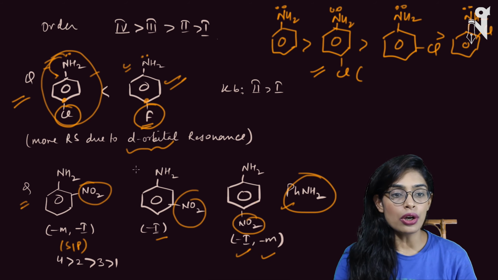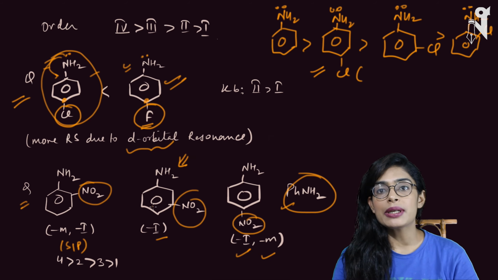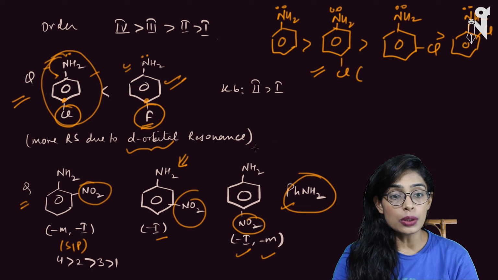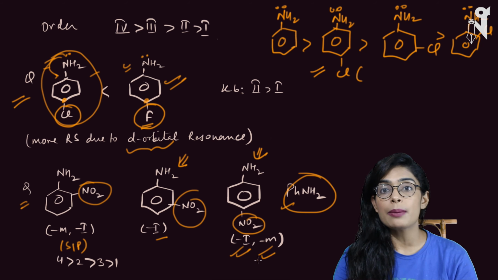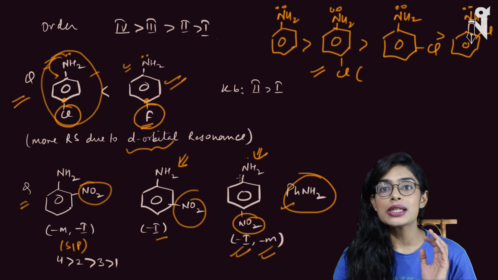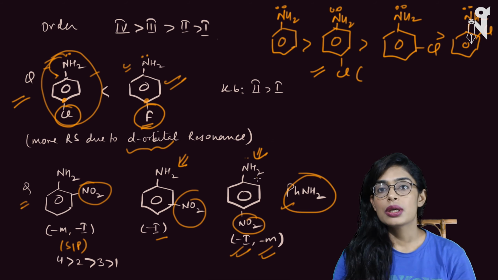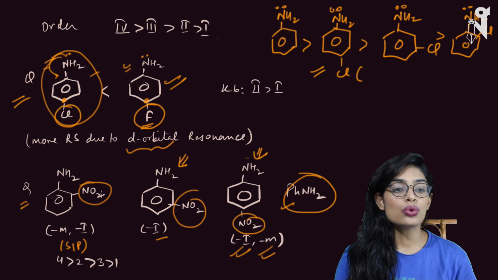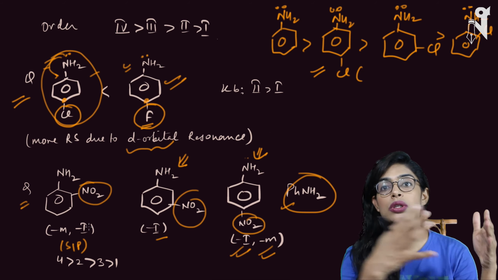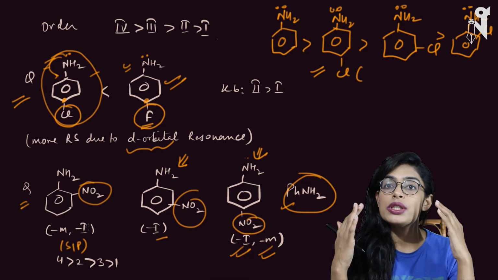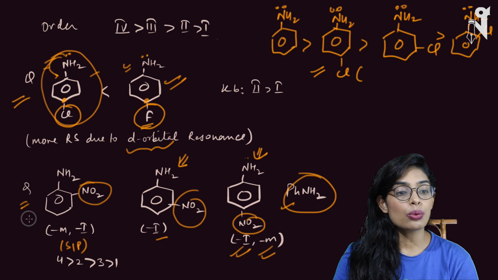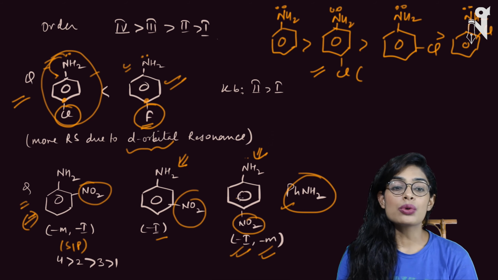Then comes what? Then comes your meta. Why meta? Because meta has electron withdrawing effect, but that is only through the inductive effect. Then comes your third one. So even though there are 2 electron withdrawing effects present here, still there is some basic strength, because nitrogen's electron pair will still be able to do the base reaction. But in case of NO2 present on the ortho position, the effects are closer. Basically, withdrawing effects are closer to NH2, and it's a group which will stop the protonation and the basic behavior of NH2, and that is the reason why this ortho one is the least basic, and the most basic is the aniline one.